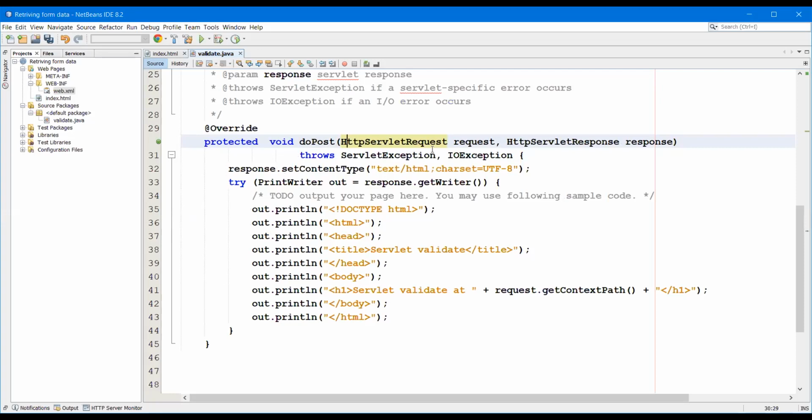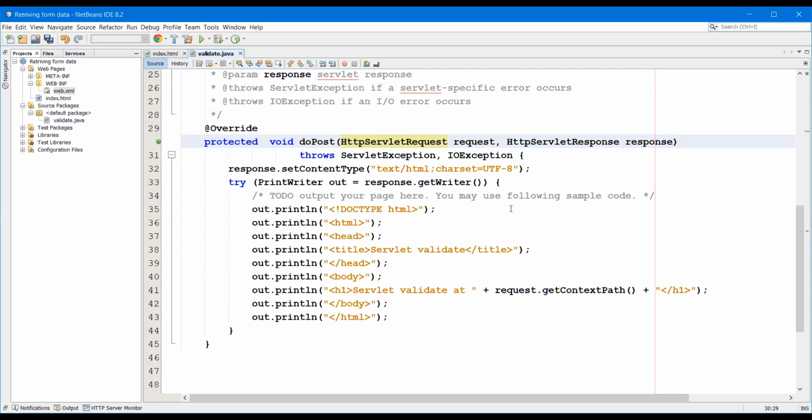This service method will have two arguments. What are the two arguments? It has HttpServletRequest and HttpServletResponse. By using these two request and response objects only, we are going to process the request and response. Now here we are going to set the content type text slash html.